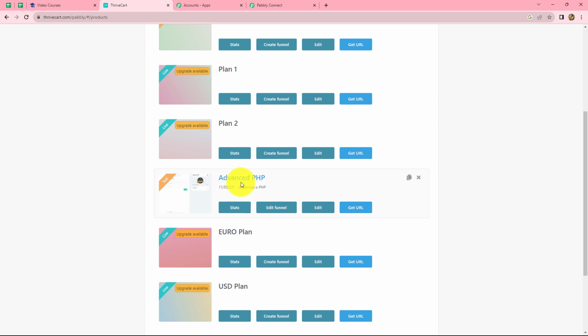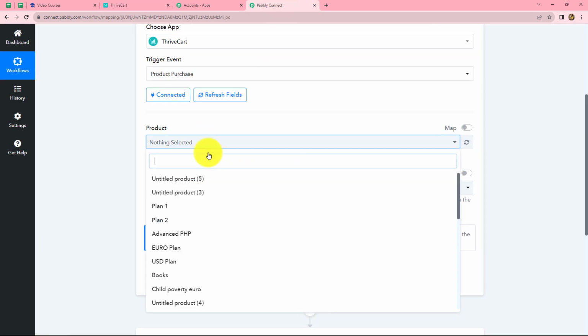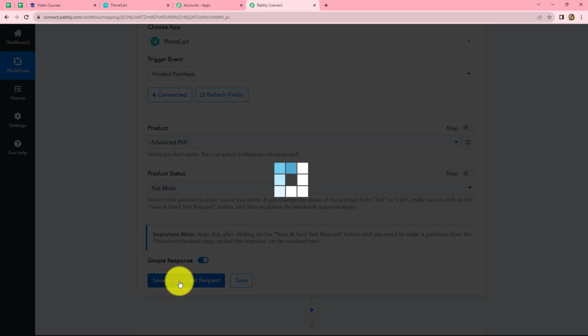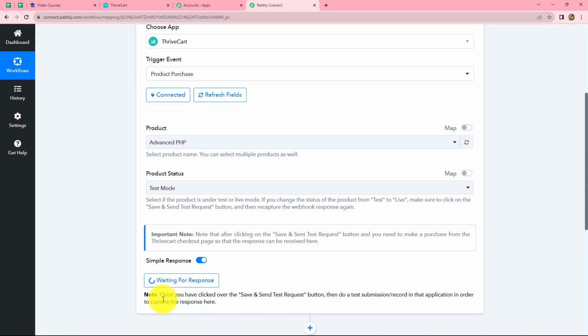So we will select this particular product in Pabbly Connect, advanced PHP, and it is in test mode, so the product status is already selected. Click on save and send test request, and here it is showing waiting for response. That means now we have to do a test submission by making a test purchase for the advanced PHP course in